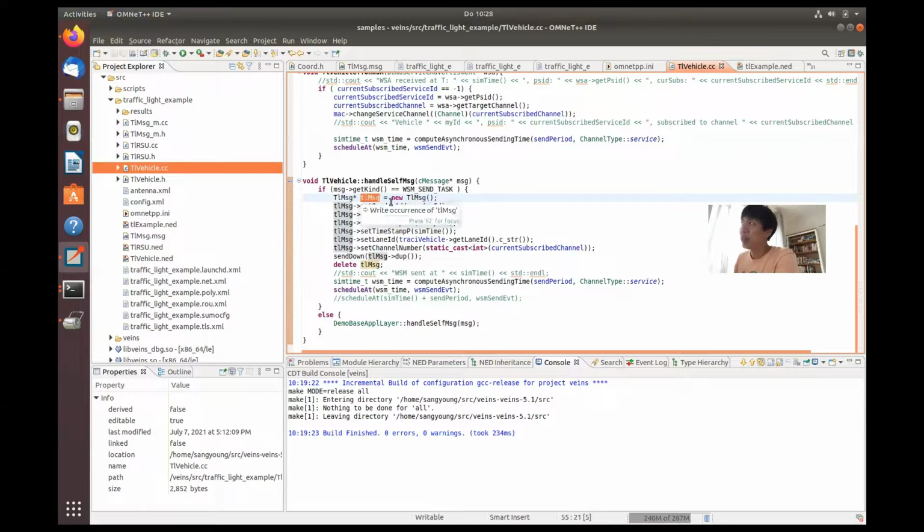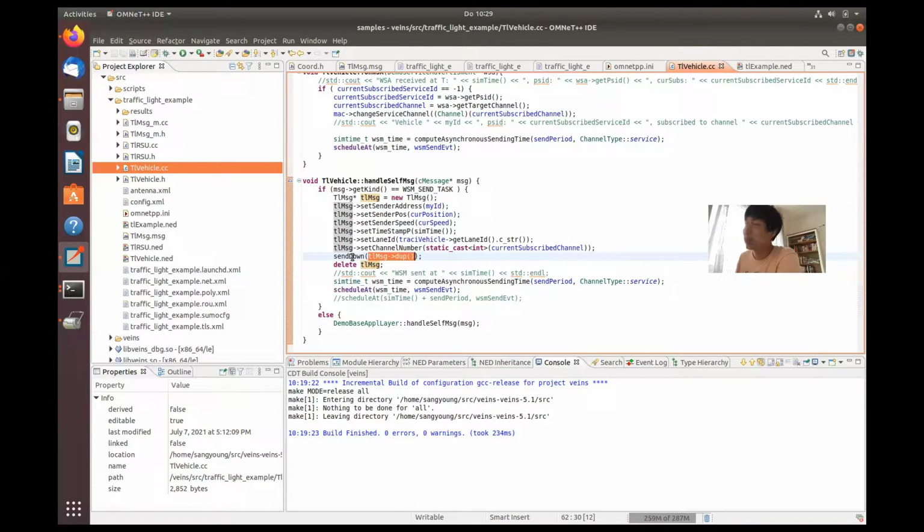But there's a pointer, and what this does is that it creates an instance of TL message on memory. The new operator returns a pointer, which will be saved here. So what you're doing here is that you are duplicating it. You're sending a copy down to the MAC layer. And this copy will be deleted later by some software code down there in the MAC layer. But this chunk of memory that you have allocated